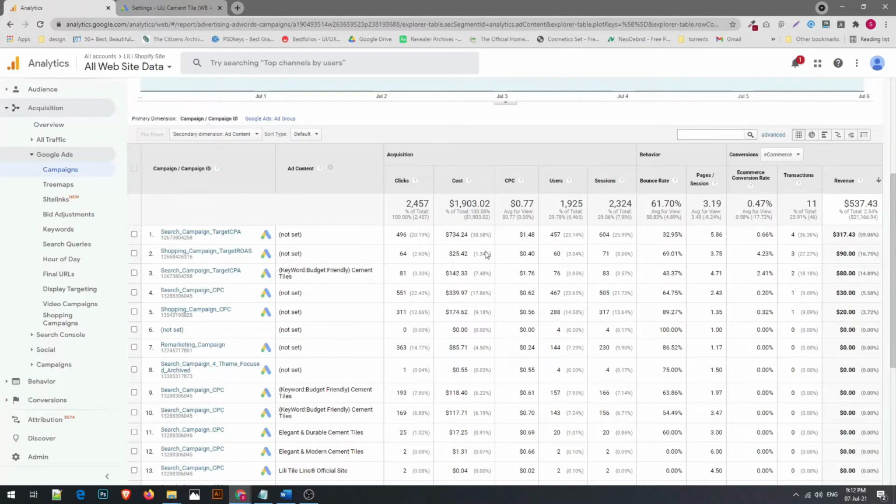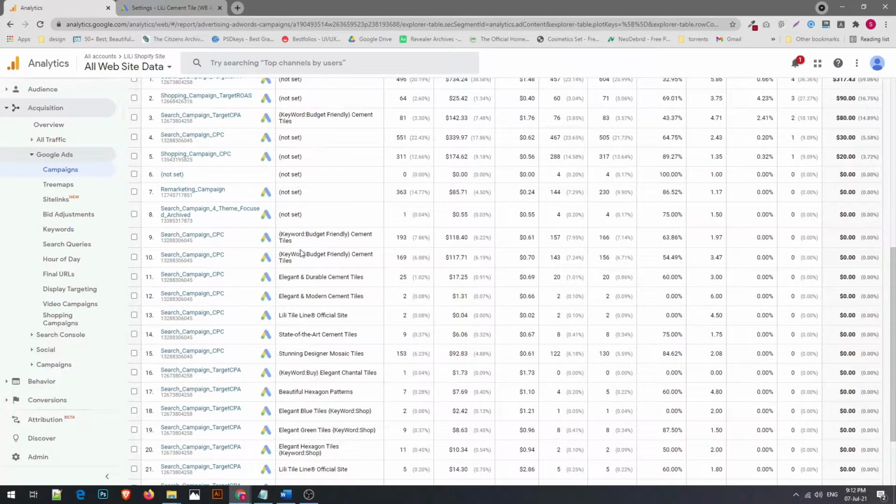In this case, the not set fields are related to dynamic ads. So if you have set up dynamic ads, you're not going to see any data here. But for the rest of the ads, the standard search ads or the responsive search ads, you can see data